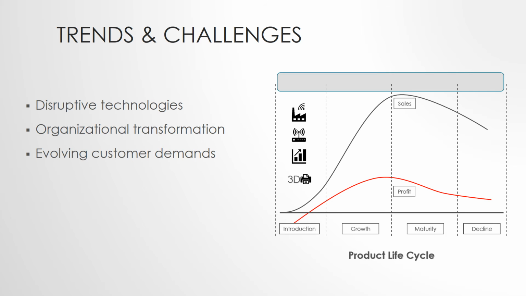In the automation world, the introductory products prevalent in today's market are 3D printing, digitization and analytics, and the wireless connected enterprise. The growth phase is when the product starts to sell at a much faster rate. The public is becoming increasingly aware of the product and word of mouth is starting to spread. The product's capabilities are now recognized and the product development has matured, which means the rate at which you are